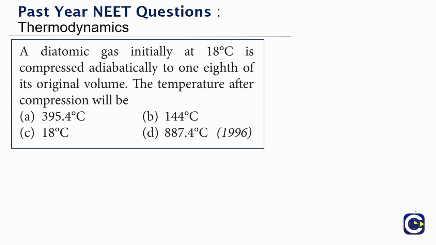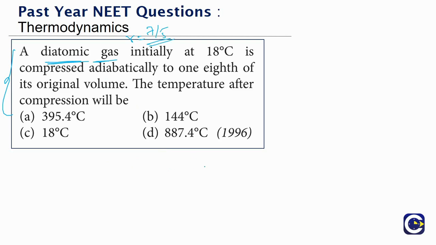Next we have another question based on the adiabatic. Quite a lot of questions have come based on this adiabatic and then the heat engines. Look at this. An adiabatic process is happening for a diatomic gas. So diatomic gas means what? For the diatomic gas, what is the gamma value going to be? Gamma will be 7 by 5. Those things we have to keep in mind.